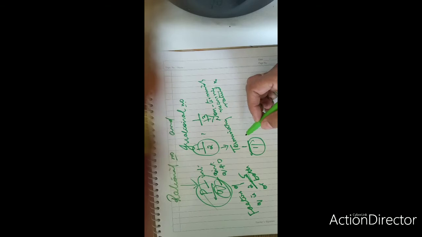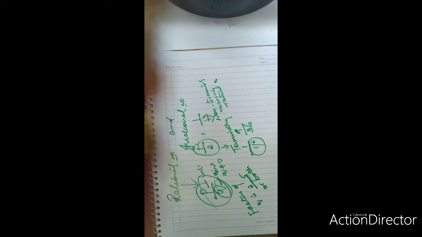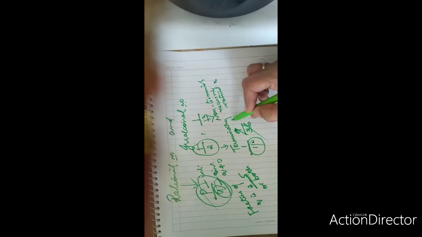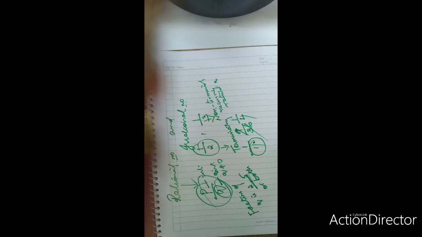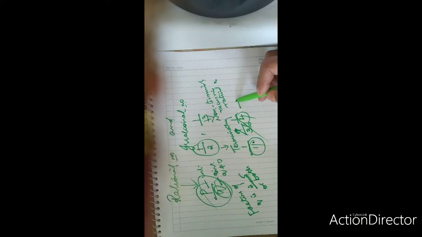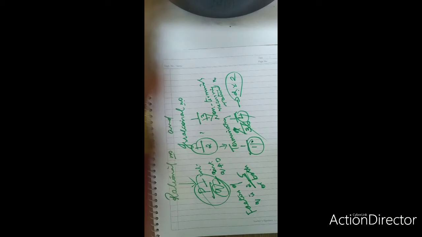Next, another thing you have to remember: before looking at Q, you have to reduce to lowest term, that is standard form. For example, take the number 9 upon 36. Directly I should not factorize 36, but I have to cut this number into lowest term. 9 by 36 is written as 1 upon 4. This 4 can be written in factors as 2 into 2. Since it has the factor 2, this is a terminating rational number.